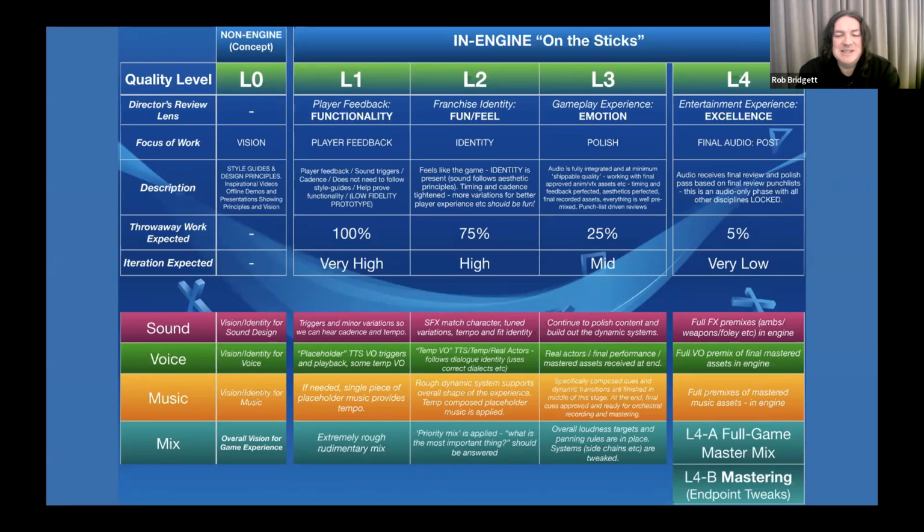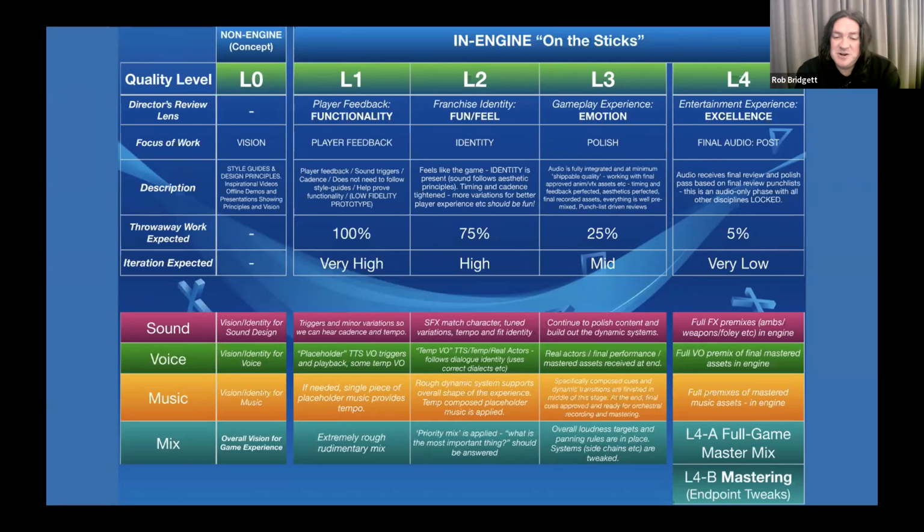If we say something's L1, I have this director's lens kind of row here. Anyone who's reviewing that content is just thinking about the functionality of the sound. They're actually not even thinking about the identity and the tone of it yet. We just want to analyze the feedback. So the identity and tone comes once that feature's been improved and it's gone through a second or third iteration, and we're now focused more on the identity of those sounds and the identity visually as well, I guess, if there's an L2 visual phase as well.